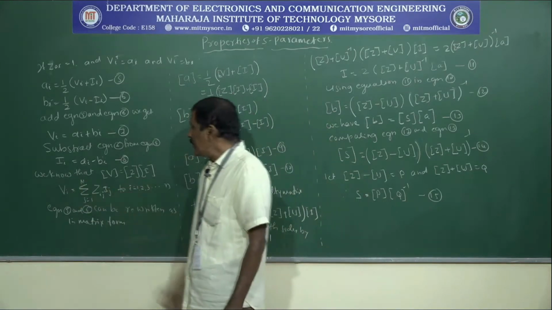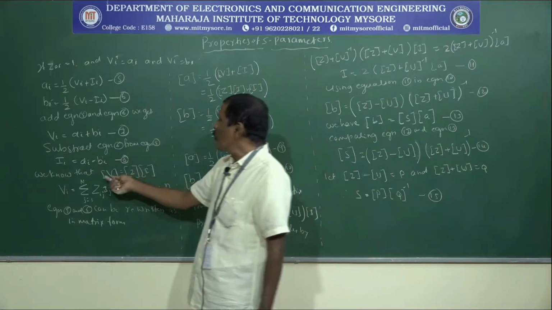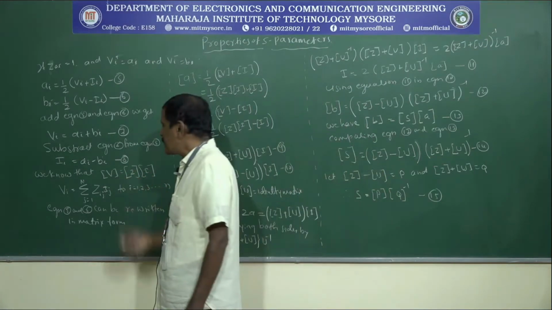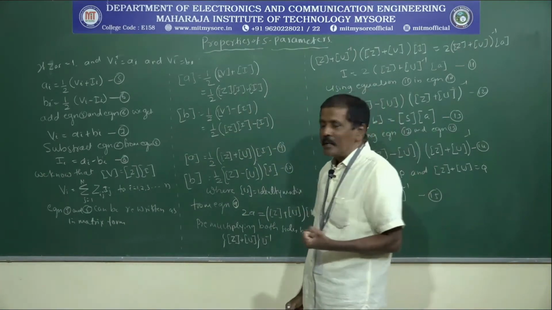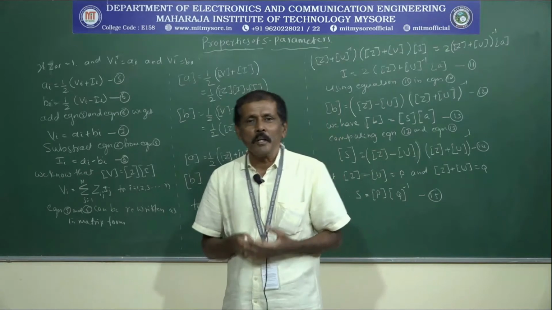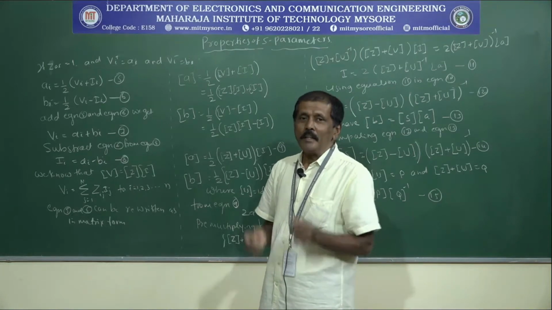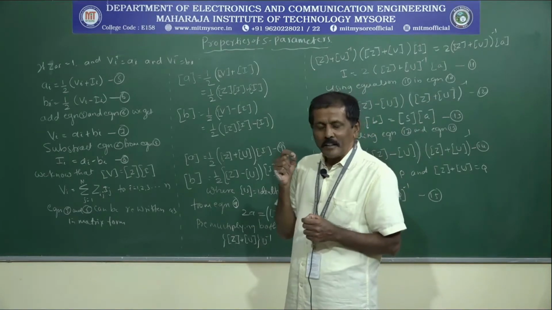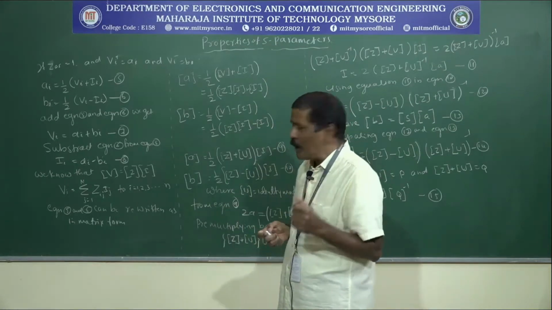Then we know that V equal to Z into I, that is, voltage equal to current into impedance. Now this is a general equation, but the network we are considering is a multi-port network. Therefore we have to calculate the sum of the voltages present in the network due to all the lines or ports which are connected. When we want to know the voltages or currents with all the ports connected, you have to take the sum over all the lines or ports.